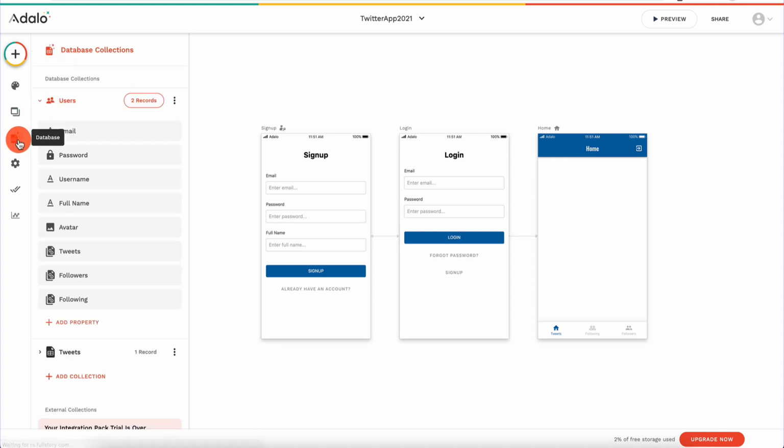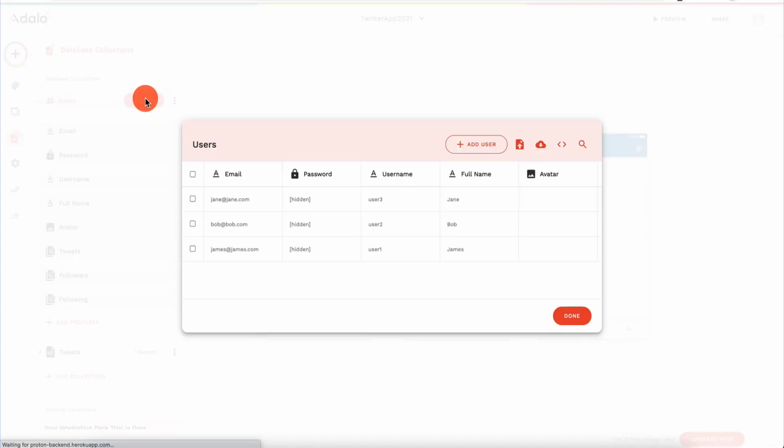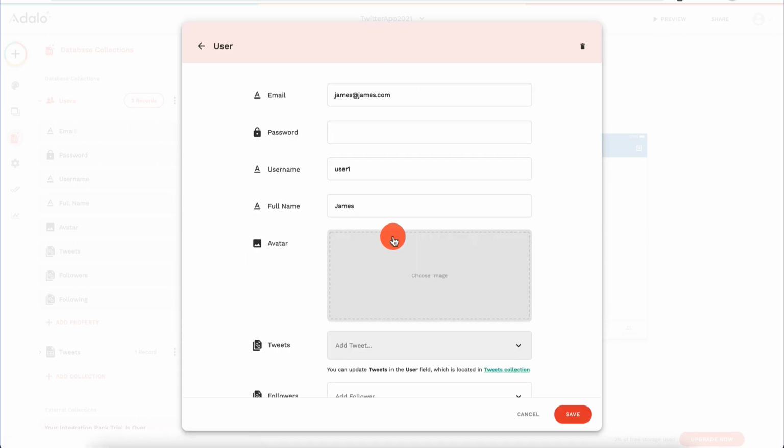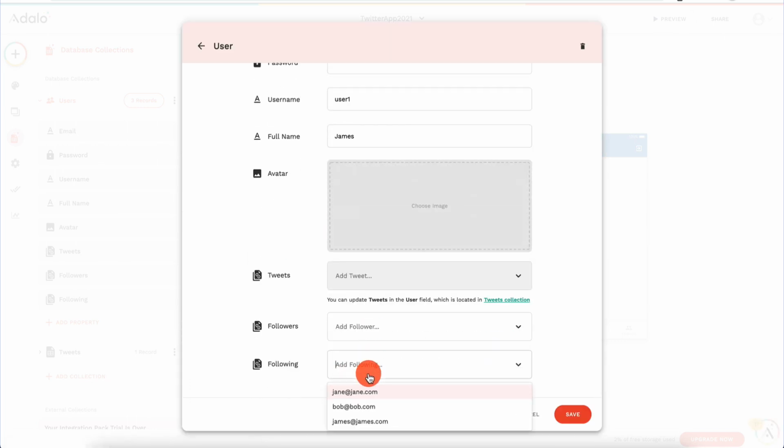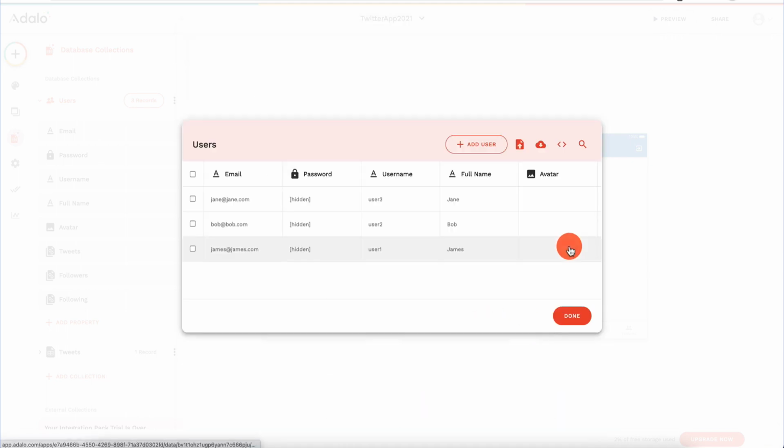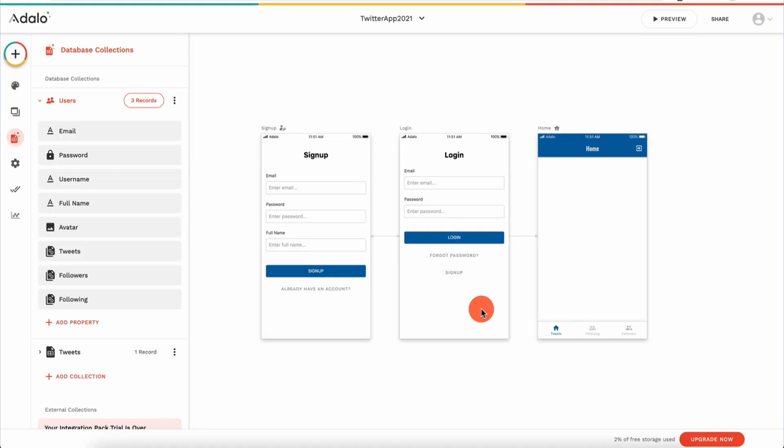Let's go ahead and put it into the database. So I'm going to go to the users. I'm going to go to James. And what I'm going to do is add a couple of people that I'm following. So I'm the first user, and I'm following the other two users. I'm going to add Bob here. And I'm also going to add Jane. So now I'm following these two users. That means I should be seeing their tweets. Okay, so if we go back to the tweets,